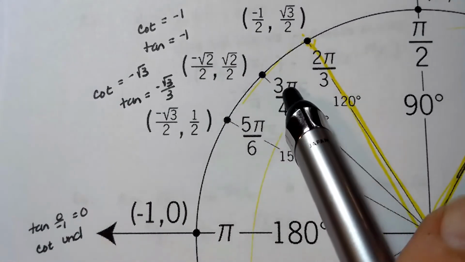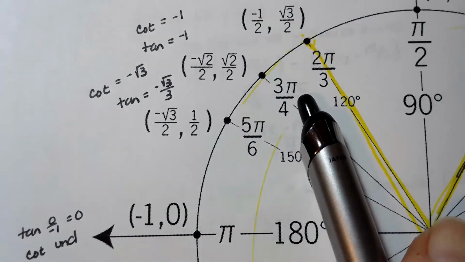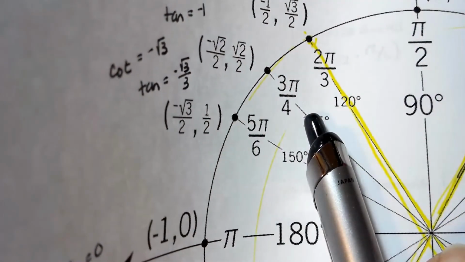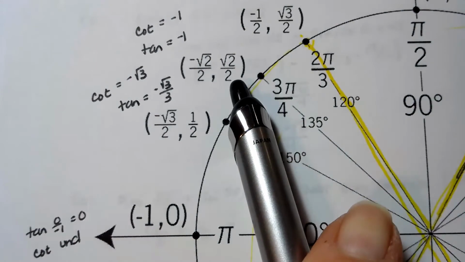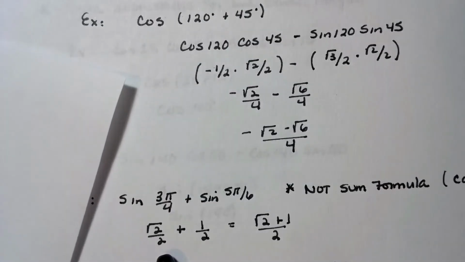Here's 3 pi over 4, right? What was that again, the sine? Yeah, the sine is a positive root 2 over 2. It's the y coordinate, right? So I can plug that in. And then